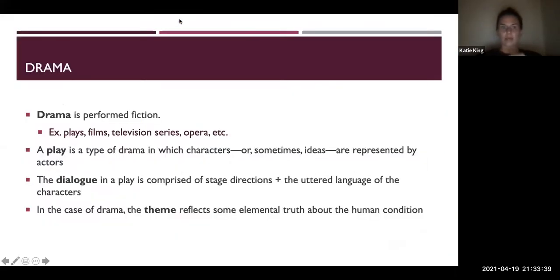our slides. All right. So in this unit, we're going to be covering drama and the novel. And so first we're going to do drama. There are two plays from which you can choose to read. The first is Sarah Kane's Blasted. If that is a little too intense for you, I've given students the option of doing Henrik Ibsen's A Doll's House,